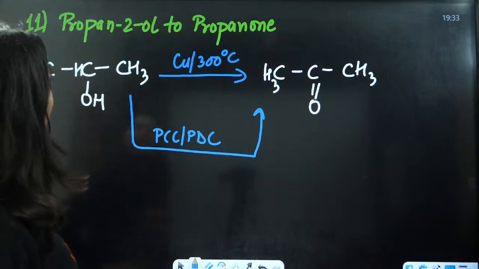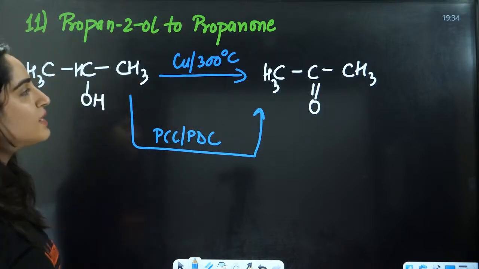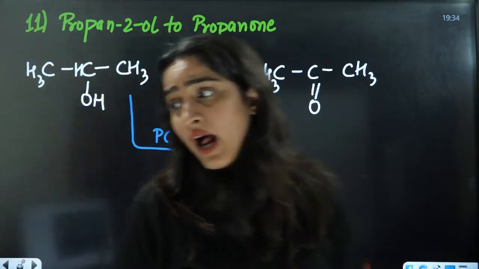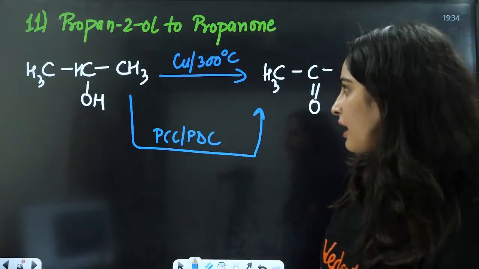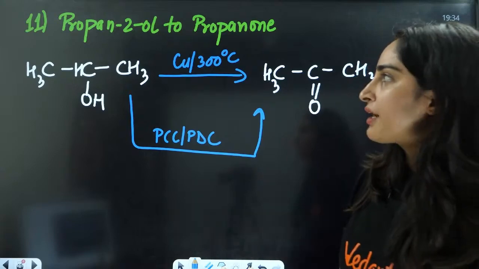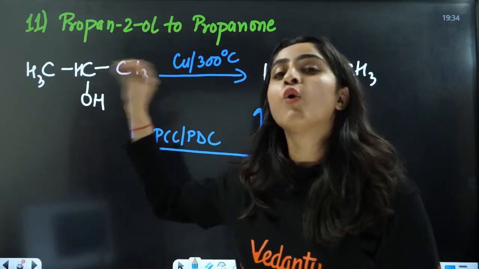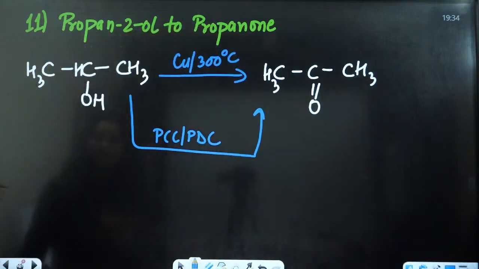No, by Grignard reagent, no. With Grignard reagent, we need to add something here, right? No, we cannot do this by adding Grignard reagent. How are you saying by Grignard reagent? I think that is not possible. With Grignard reagent, we will add 1 more carbon here. But this is not any chapter, this is general.